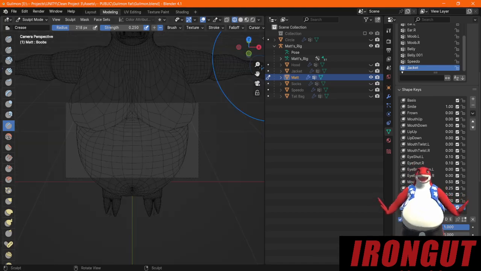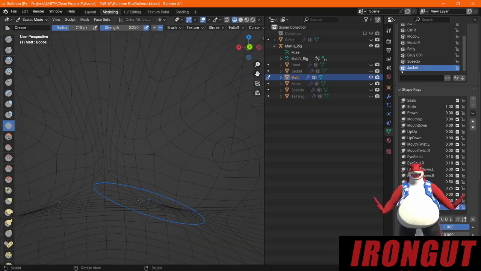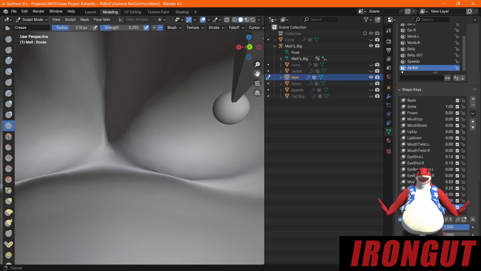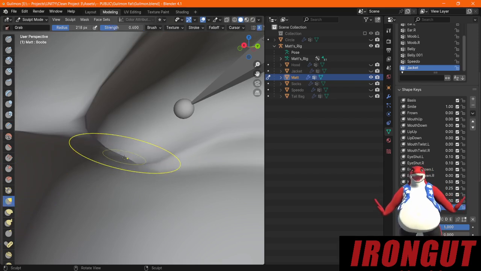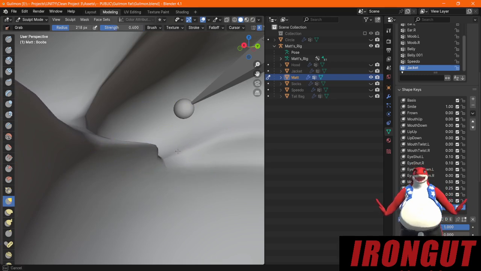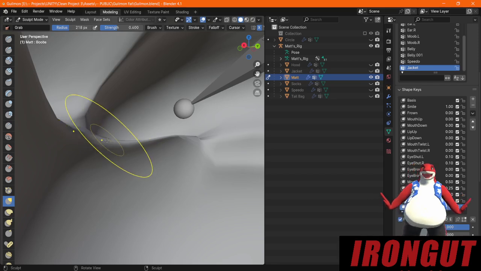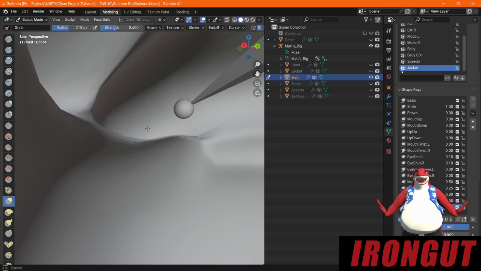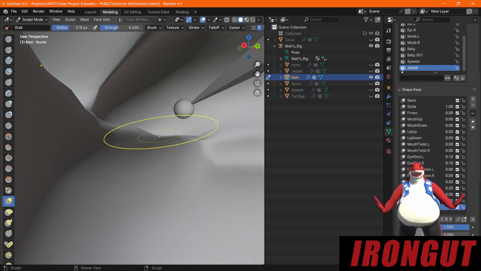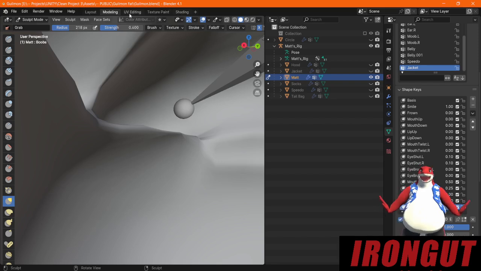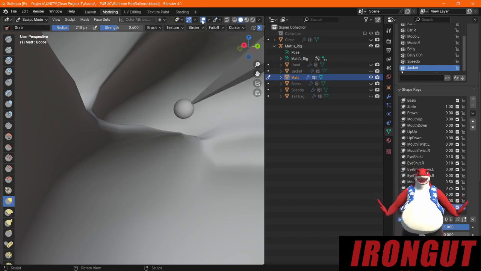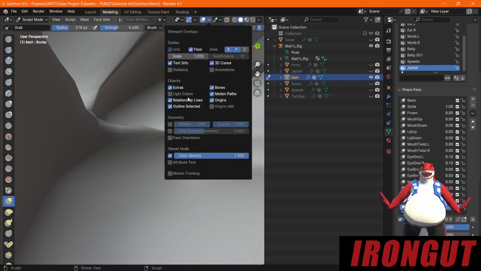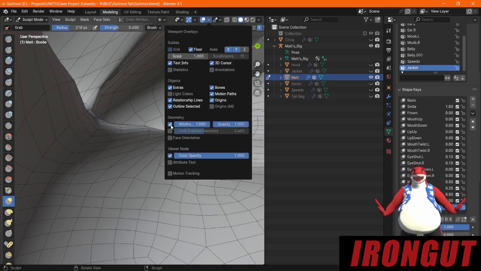And don't ever be afraid to go inside too, I didn't want to go to the camera view. To go inside the model too, to do some more editing as well, because that can be helpful. Especially for making things like creases deeper, you want to do it from inside the model. And if you ever want to turn on the wireframe, here we go. It's under this menu here, which is overlays. You can turn on the wireframe in sculpt mode,